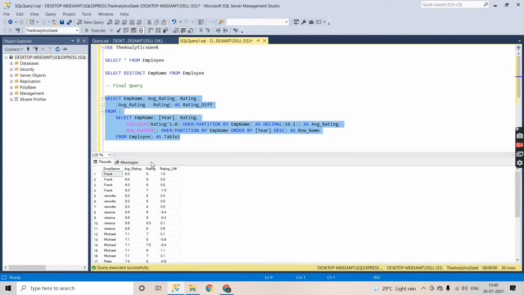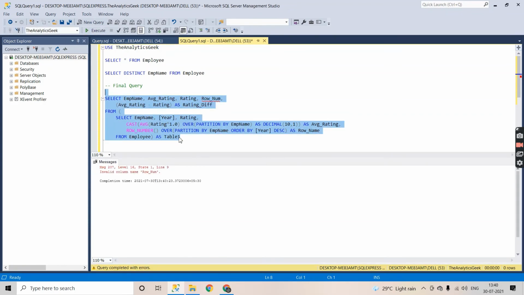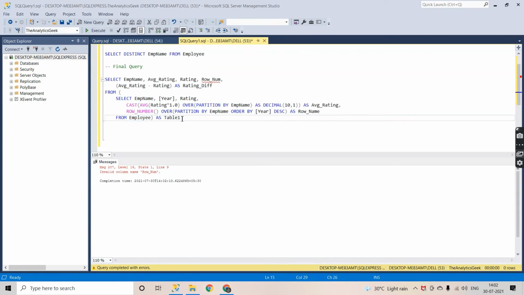Yes, so in the output we are getting employee name, average rating, rating and rating difference. This is the rating difference. So for the sake of some clarity, let me add row num here as well. So once I add row num here, you will get to know. Okay, I'm getting an error.